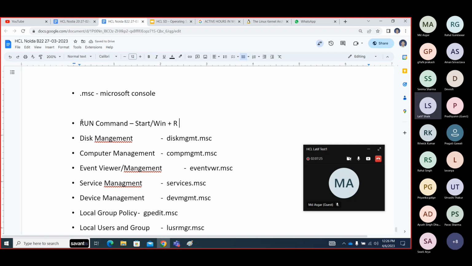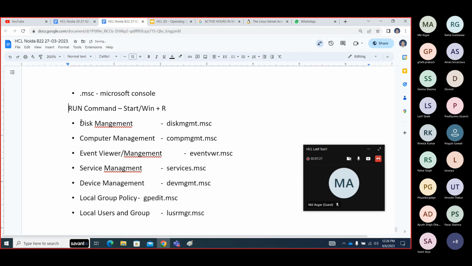So what are these run commands? In Windows administration, while we are working with Windows, it is important to open a few things from it. Say you want to work with disk management. You want to open the disk management window. You can go to Run and type